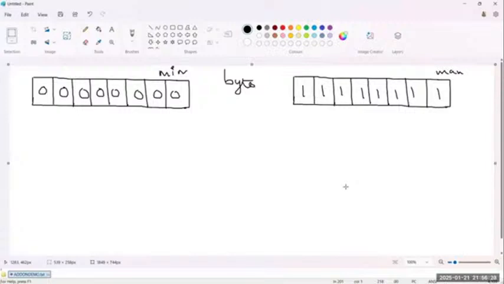Everyone clear? Please respond so that I will go for the next one and conclude today's session. Yes, sir. Just for your reference, I am telling this. No need to remember or memorize all these things, because we have predefined tools to calculate max and min. But how it is generated internally, I am explaining. Coming to this, 2 power 0, 2 power 1, 2 square, 2 cube, 2 power 4, 2 power 5, 2 power 6. But all are zeros. See, if it is a positive number, directly you can convert. If it is a negative number, somewhere I think in your course